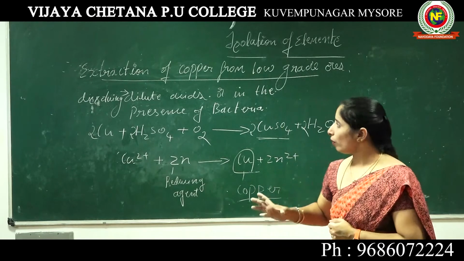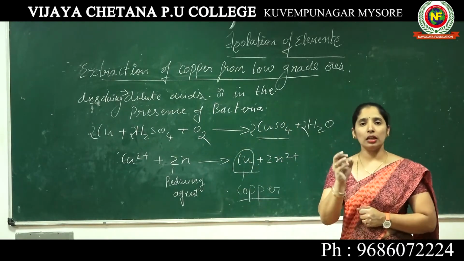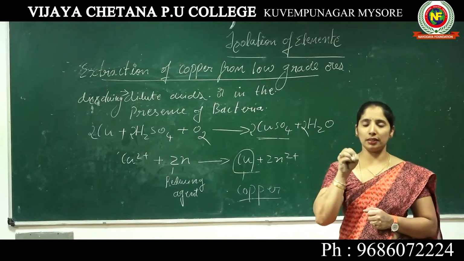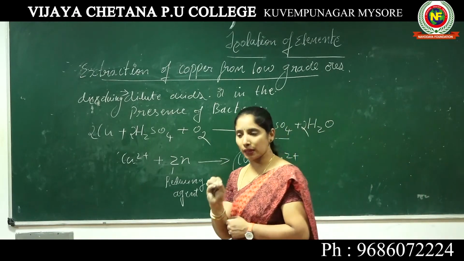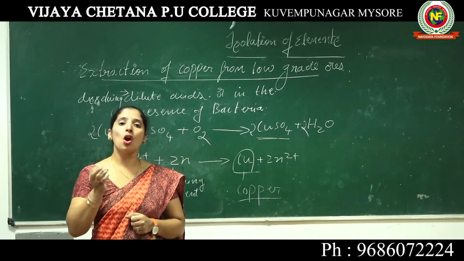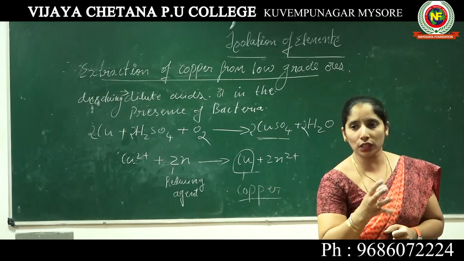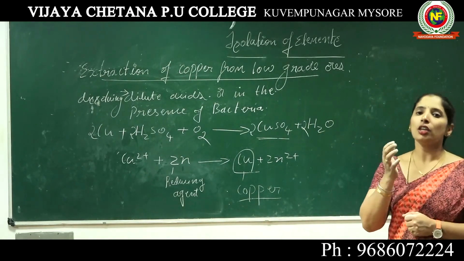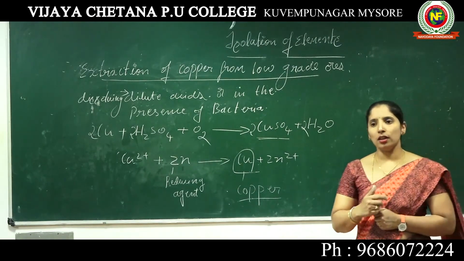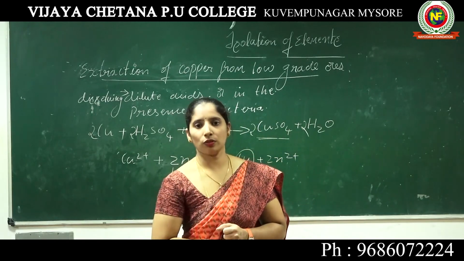Even though we get the metals through extraction, they still comprise some impurities, like metals, non-metals, gases, and oxides. Hence we have to remove those impurities from the metal to get a pure metal. That process we call refining of metals. So we will discuss this topic, refining of metals, in the next session. Okay. Thank you.